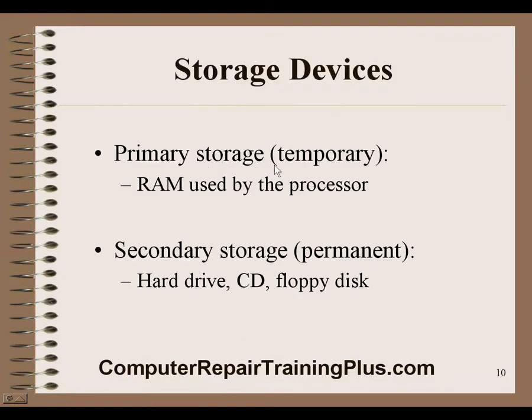Primary storage, which is also considered temporary storage. This is your RAM, and it's used primarily by the processor. The processor will be moving information, data, instructions in and out of the RAM very, very quickly. Secondary storage. This is what we call permanent storage. This will be your hard drive, your CD, floppy drive, external drives, anything that can store data on a permanent